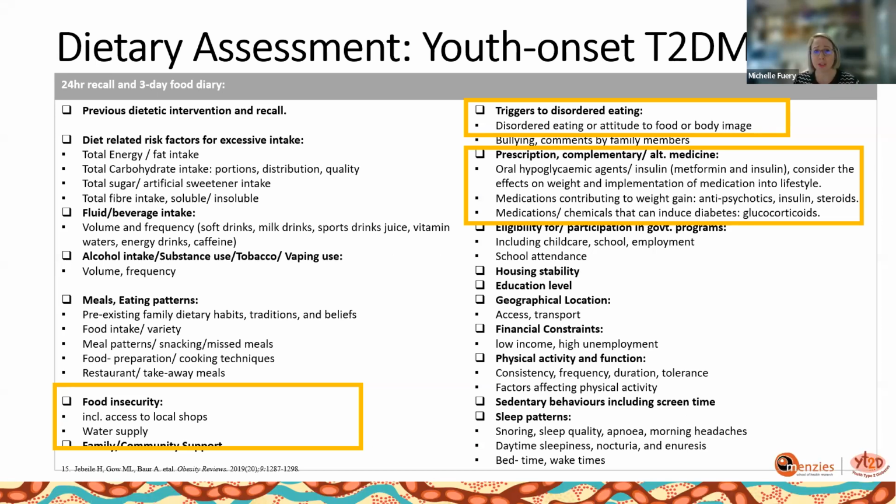In terms of triggers to disordered eating, there is no evidence to support that talking to youth regarding weight will cause an eating disorder, but there needs to be screening for adolescents who are obese, as there are consistently reported high rates of depression, anxiety, and binge eating disorders with overweight patients. Eating disorders, whilst generally rare, however, have been increasing. They carry one of the highest mortality rate risks of any psychiatric disorder.